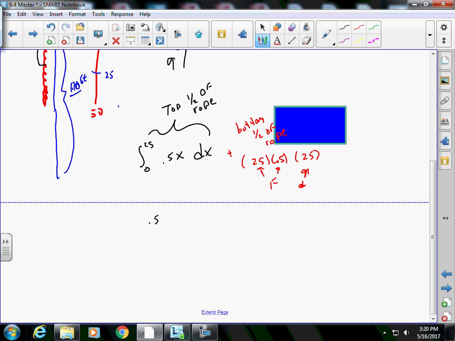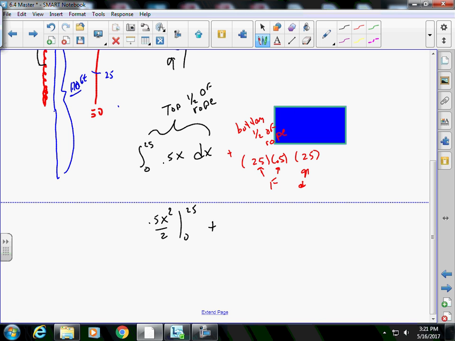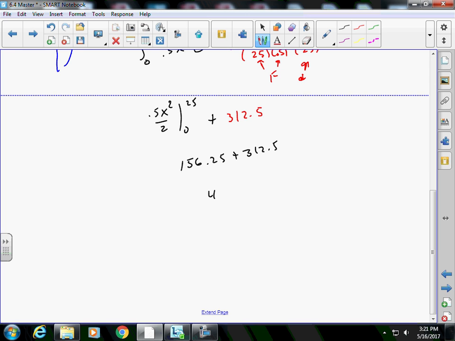So I get 0.5x squared divided by 2 from 0 to 25, plus, doing the math on the right-hand side, what was in red, that's 312.5. Evaluating the left-hand side, I get 156.25 plus 312.5. I sum them together, and the work to lift this rope halfway up the building is 468.75